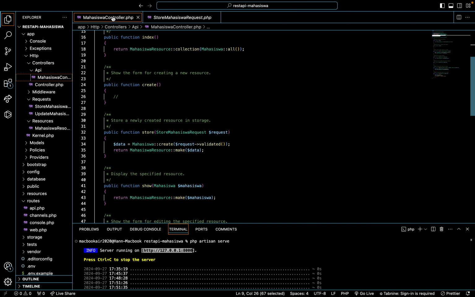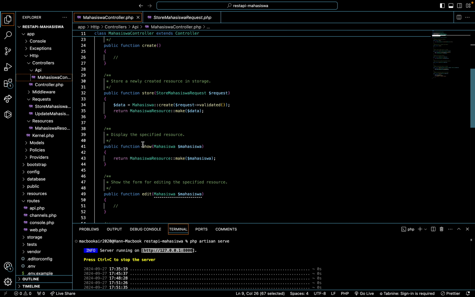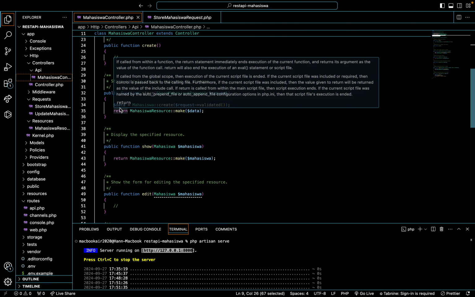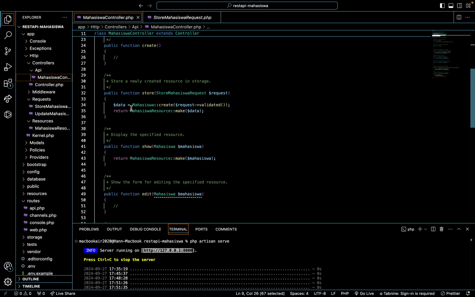For the mahasiswa controller we will go back to public function store, and we will write the data mahasiswa create, request, and validated.